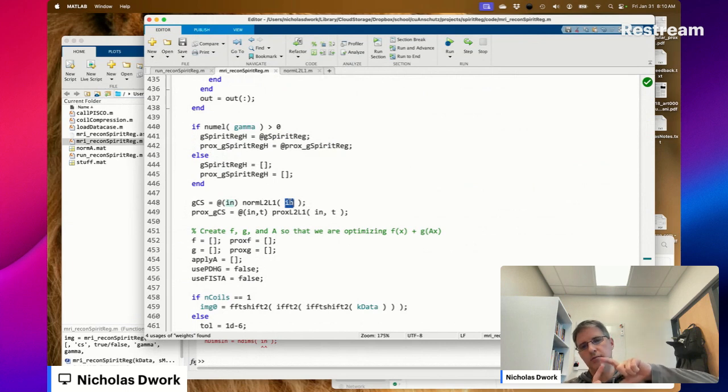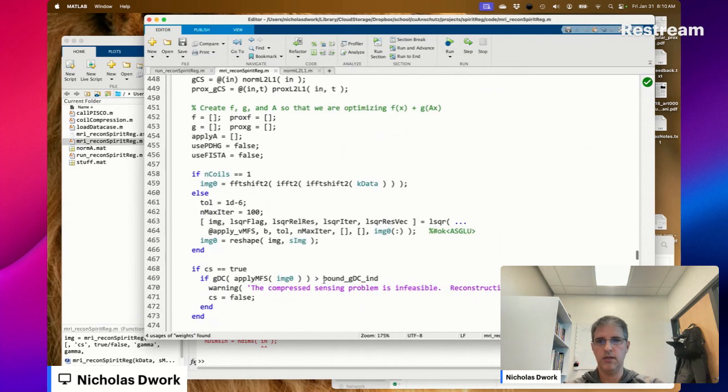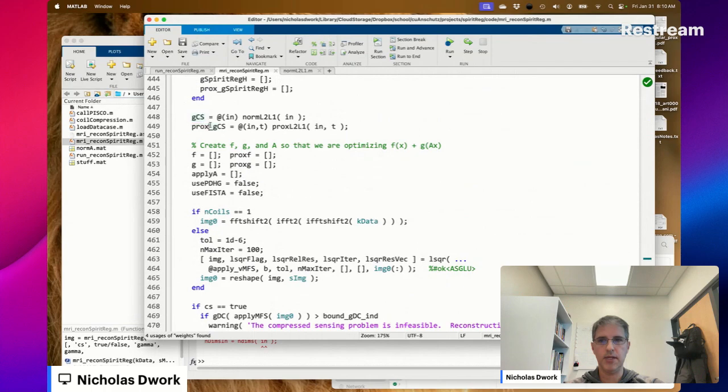So here N is going to be M by N coils, but instead of the sensitivity maps, those are the images. N is going to be the images here. And actually, it's going to be the wavelet transforms of the images. Okay. So I think that's ready to rock.